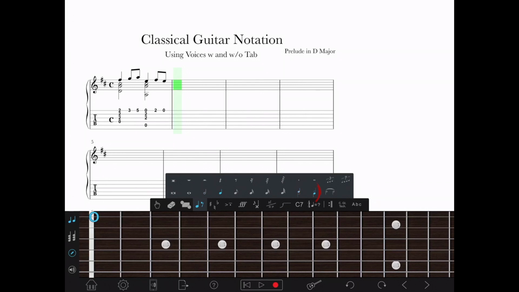So that red circle shows the two voices that you can use in any stave. Right now I'm using the top voice. All right, and I'm going to enter the melodic line for some classical guitar notation. All right, now I'm going to circle the voices again, and I've switched to the bottom voice, and now I'm